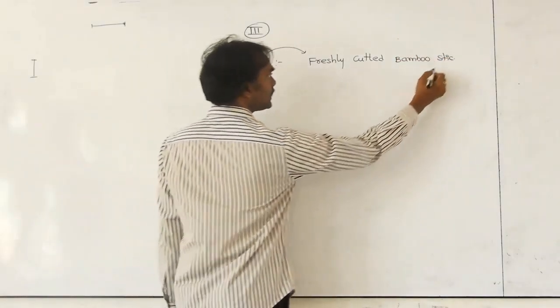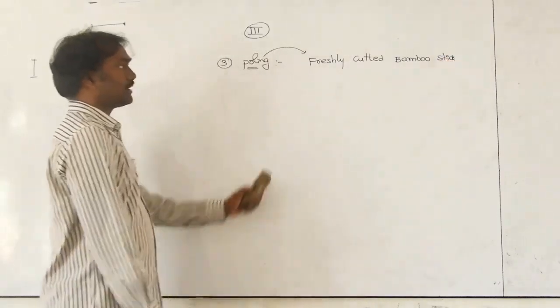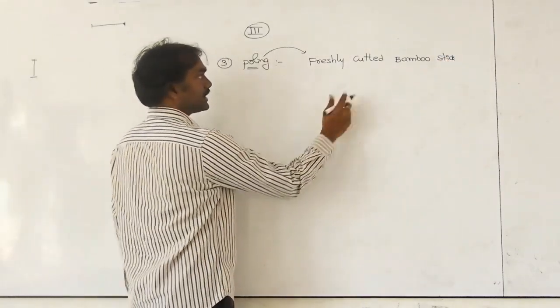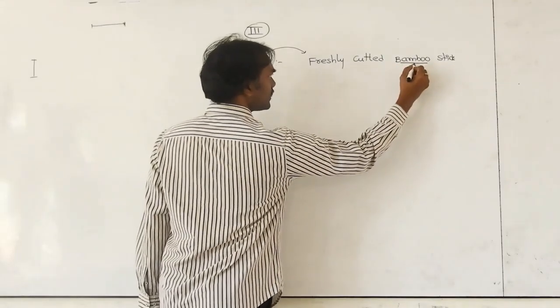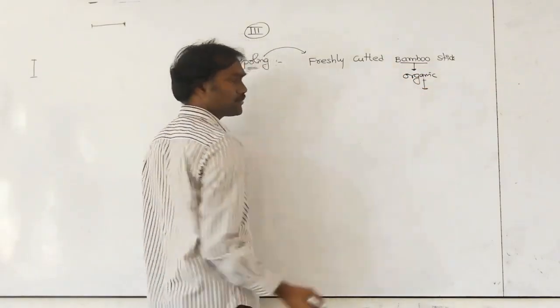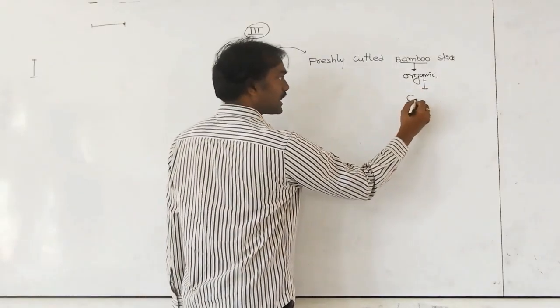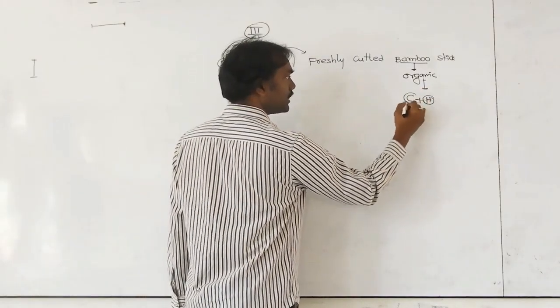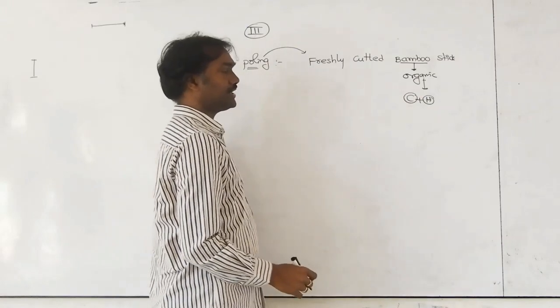Bamboo stick means organic material. Organic material is made up of carbon and hydrogen only. So here, carbon and hydrogen